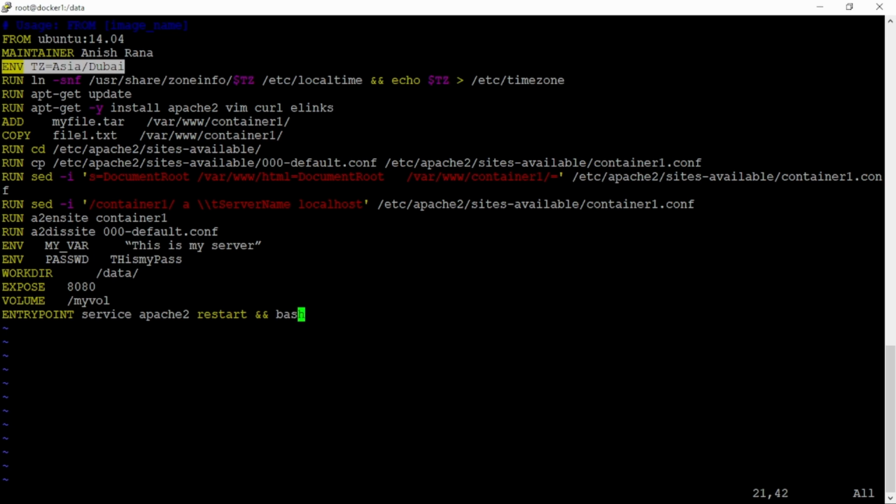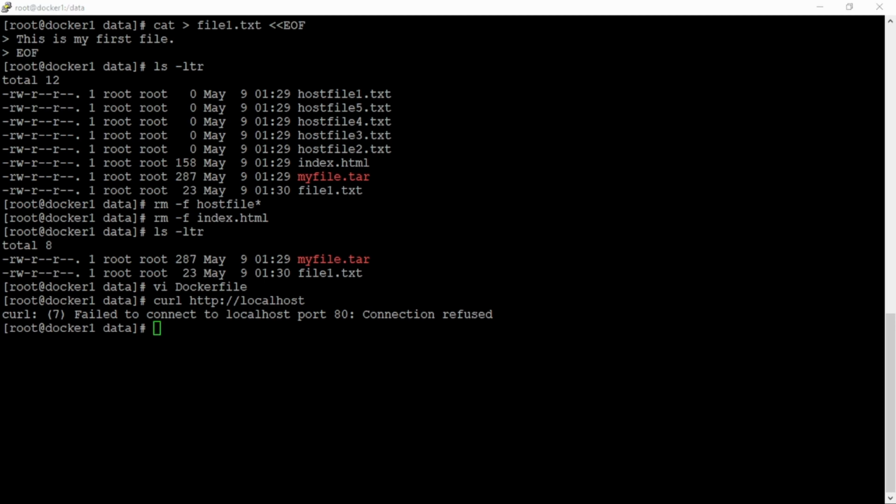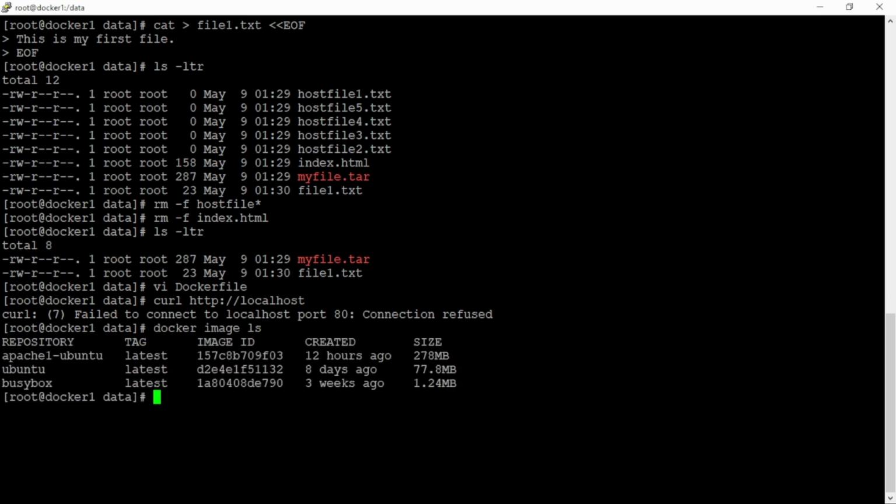And the last instruction is the entry point. So whenever we log in inside this container, it will first restart Apache. Okay, so let me build the image here. Before building, let me show you that there are no HTTP services running on localhost in the host machine, and in the images I will show you that I have only three images, right? And now I'm going to build